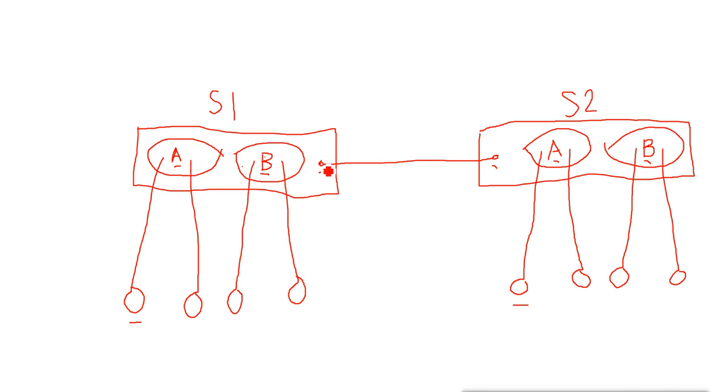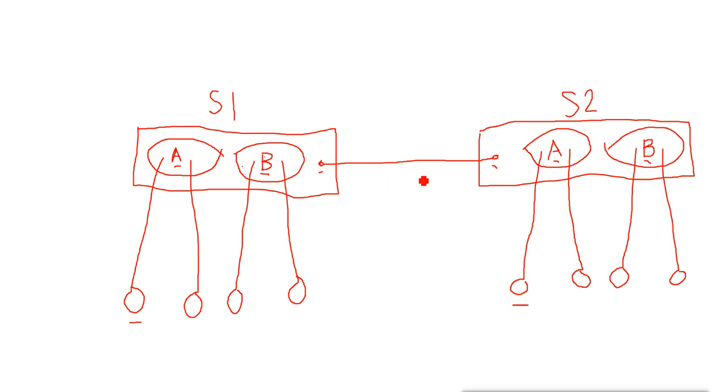This port belongs to the default VLAN, because I have not changed the VLAN membership for that. Right now I have not changed any membership of this particular port. So by default this port goes to VLAN 1, that is the default VLAN. And because it is in the default VLAN, it cannot have any communication with these other VLANs A or B. So when this machine sends data for this machine, it goes to the switch and the switch sees that okay, this data is for the machine, but it only sends the data to that particular VLAN, only to VLAN A. It will not send the data to any other VLAN or any other port.